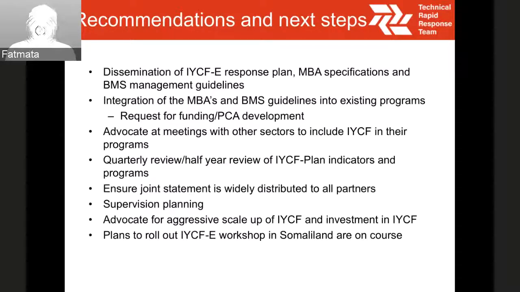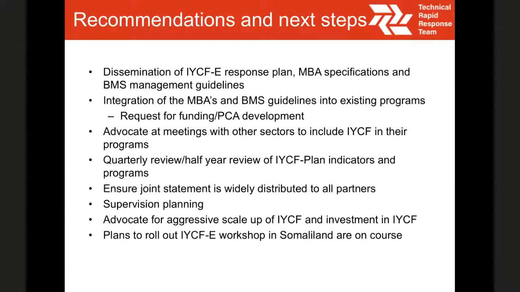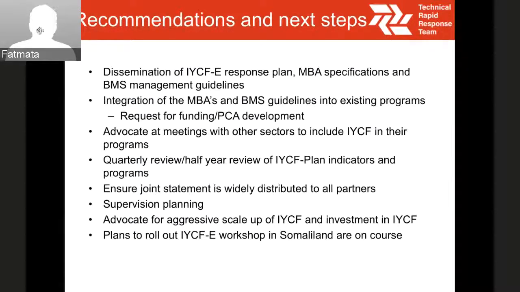We have disseminated the IYCFE response plan, the MBA specifications, and BMS management guidelines through the cluster. They are now all available on the cluster website, and the cluster has also disseminated these guidelines through emails to key partners.